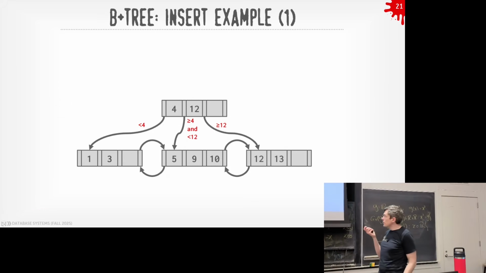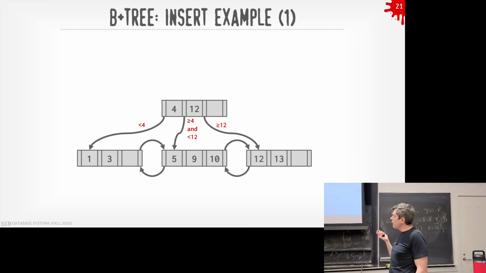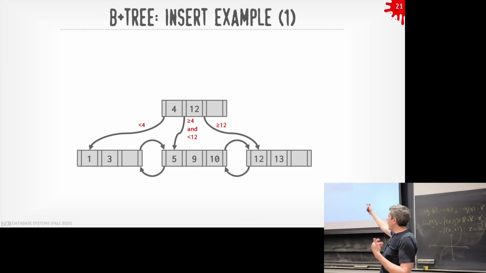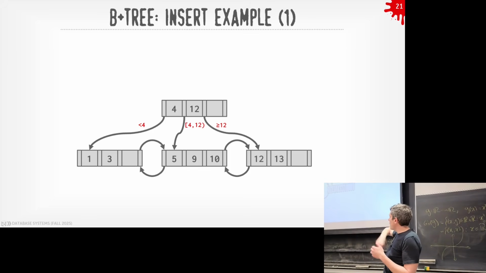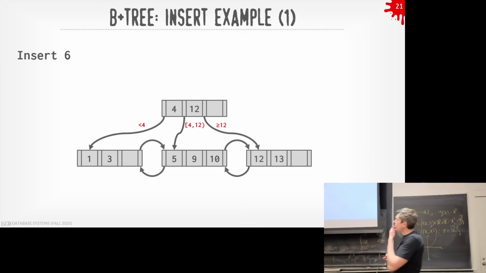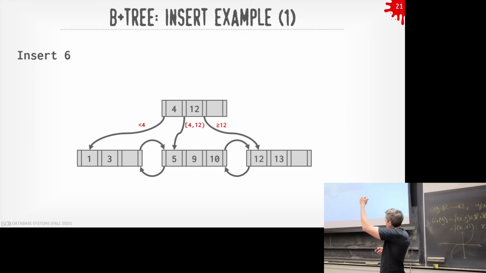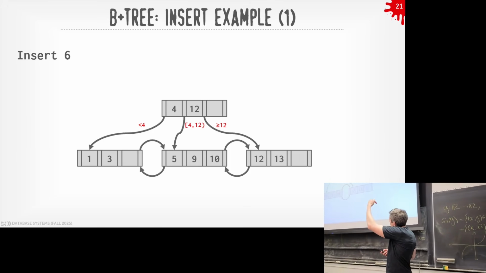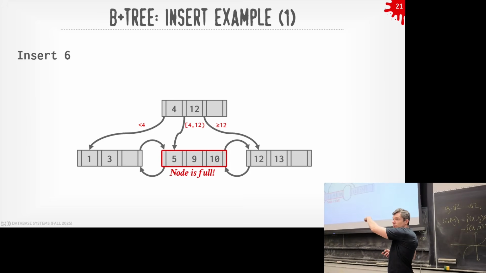So going back to a really simple example, now we have a 4-way tree with 3 keys. There are four branches that could come out of every single node, and then we have our ranges here. Now I'm showing, for example, greater than or equal to 4 and less than 12 as the more compact form of that. So say I want to insert 6. I start at my root node and look at the keys that I have there. 6 is greater than 4 but less than 12, so I know I want to go down to this leaf node here.